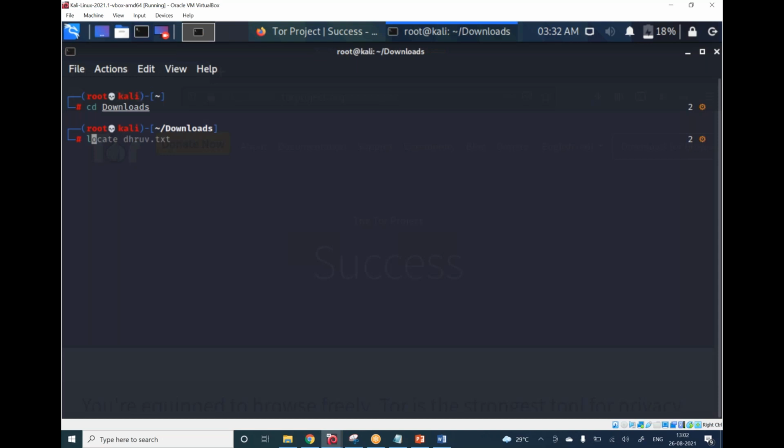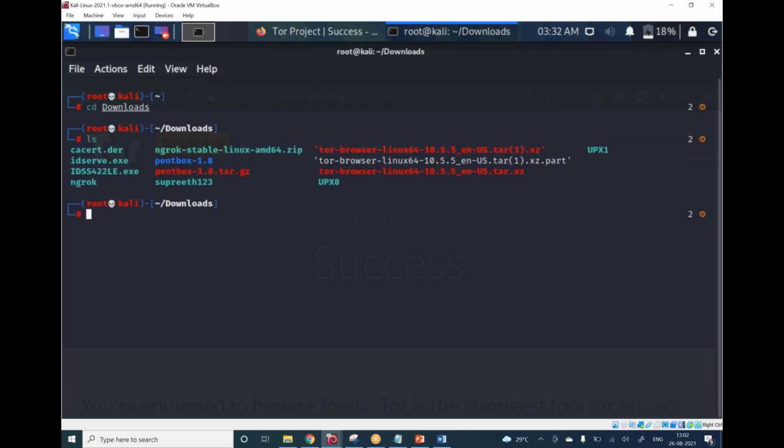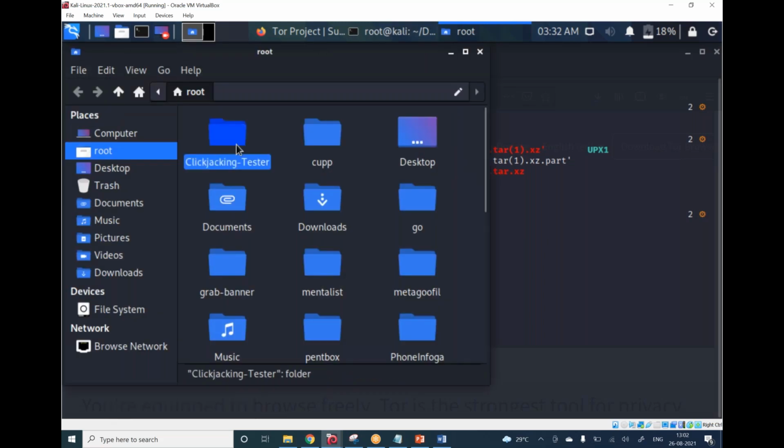Enter. Now just type ls. I already have it. I'll just delete it so that there won't be any problem.